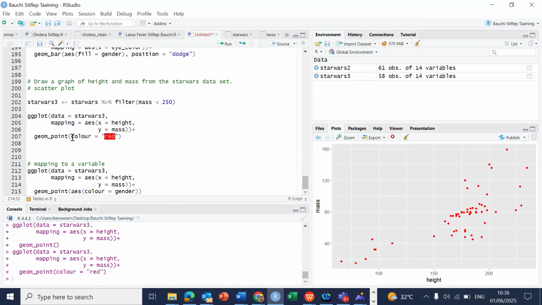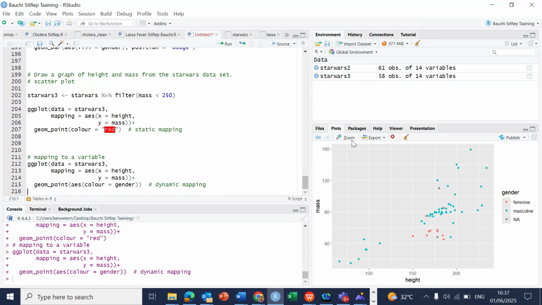So can you see the difference between this one, where I did only color equals red, and this other one, where the color equals gender? This is inside an aes because we're mapping by a variable, whereas this is not inside an aes because we're mapping generally. This is the static mapping, and this is the dynamic mapping. Okay, so if I run this now,